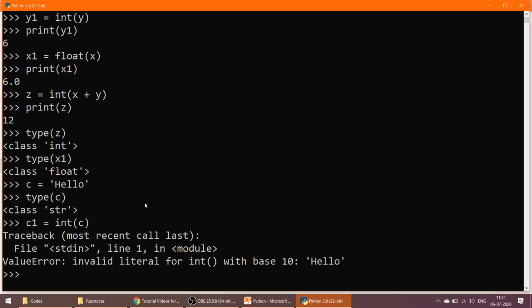So yeah, you cannot convert a string to an integer. There is an error, an invalid literal for int with base 10. Here c is a string, and you are trying to convert a string to an integer, so an error has been obtained. Type conversion is not possible in this particular scenario.